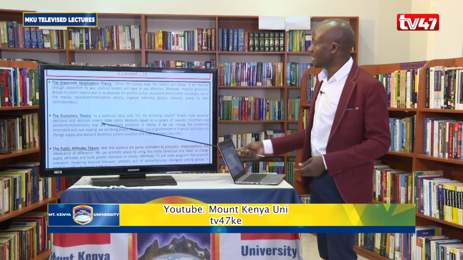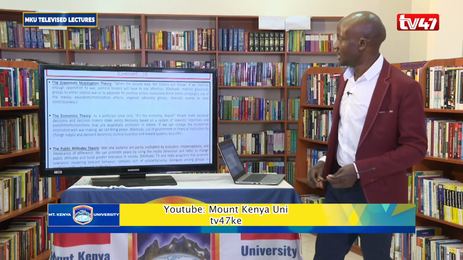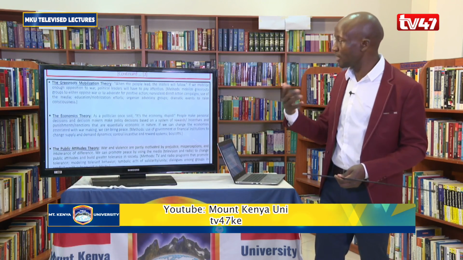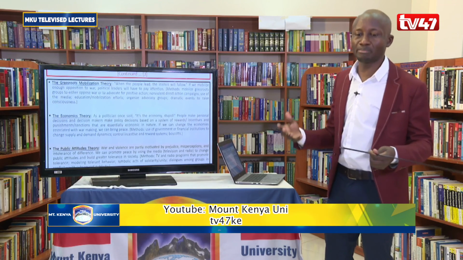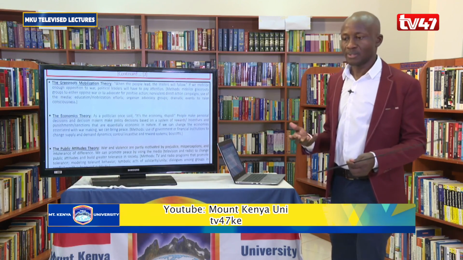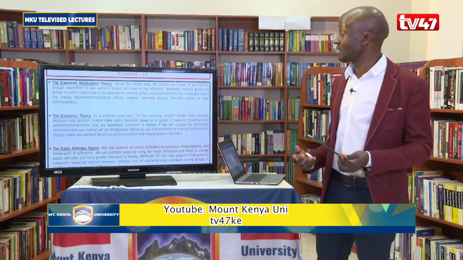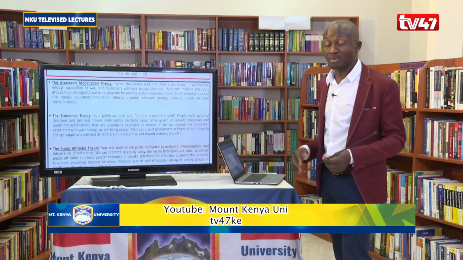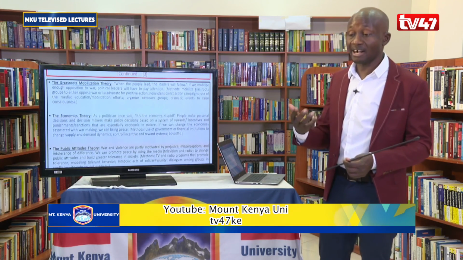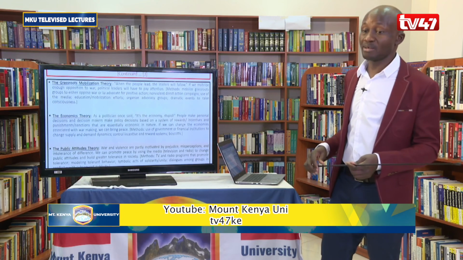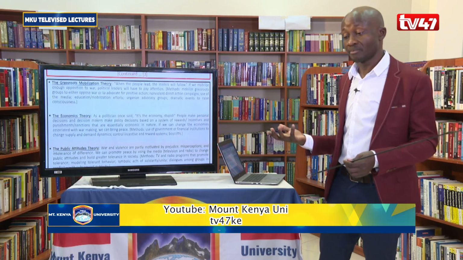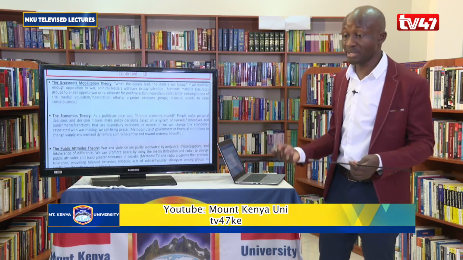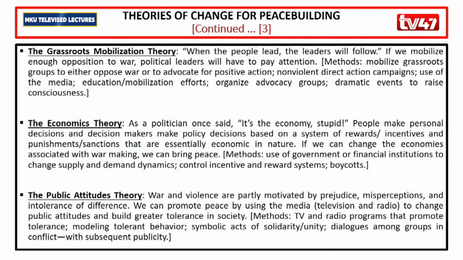And then the economics theory, it goes to explain how the economics within a country can be organized. Economic policies can be organized in a manner that supports conflicts and war, so that you come up with policies, including even budgets, that give a lot of money towards war, and people are not aware that those policies are actually promoting war. In countries where the military is getting a lot of budget, and in countries where weapons of war are the main business that is being done, even the toys that children are being bought are toys of weapons,